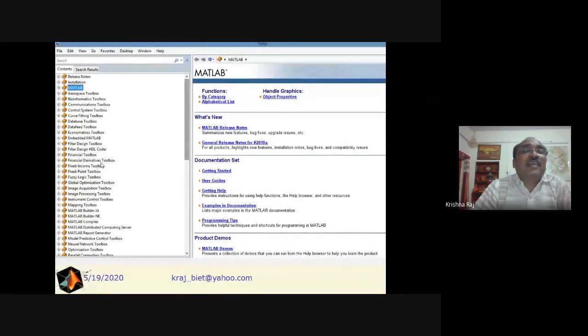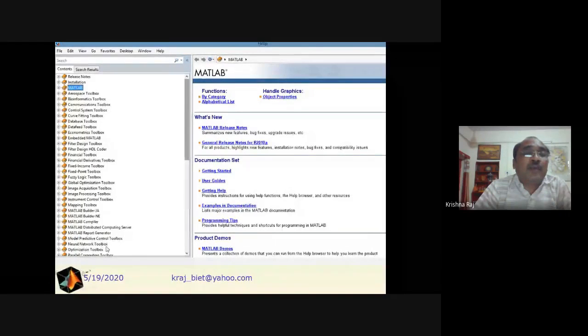The financial derivatives toolbox, fixed income toolbox, fixed point toolbox, that is related only with the fixed number system, and fuzzy logic toolbox, global optimization toolbox, image acquisition toolbox, image processing toolbox, instrument control toolbox, mapping toolbox, MATLAB Builder, MATLAB compiler, MATLAB distributed computing server, MATLAB report generator, and here the model predictive control toolbox, neural